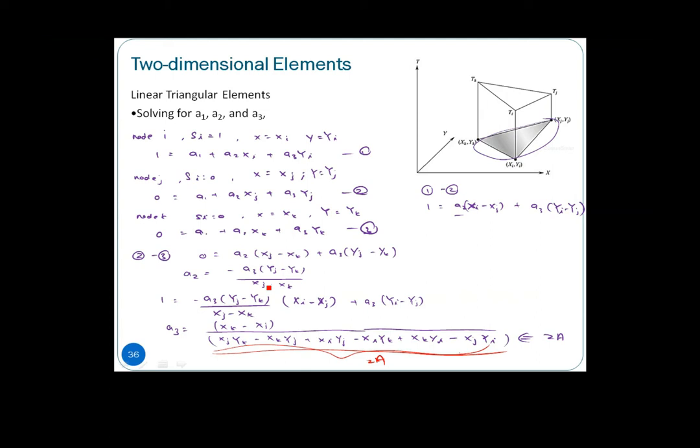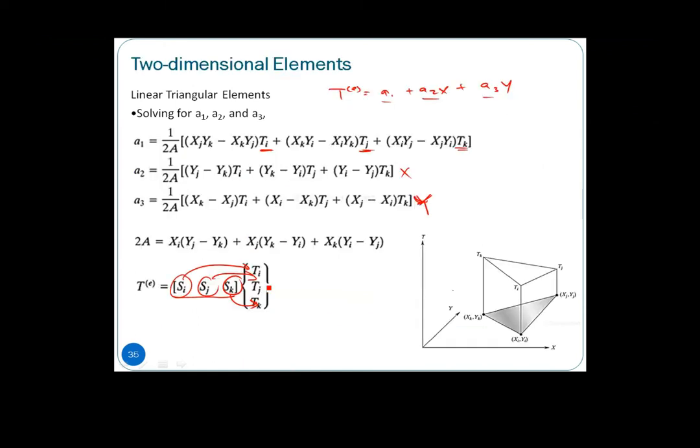All right, so we can assume three conditions. Let me refer back to here. At the end here, let me just show you. So our shape functions basically, if you multiply and expand it, then rearrange in terms of Ti, Tj, Tk, then